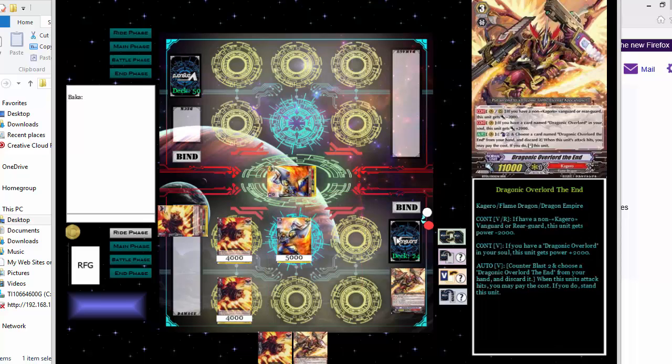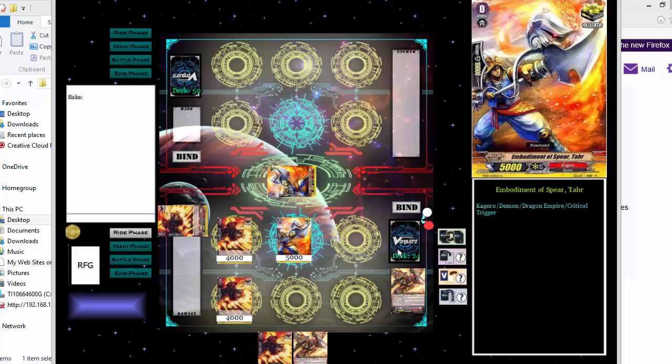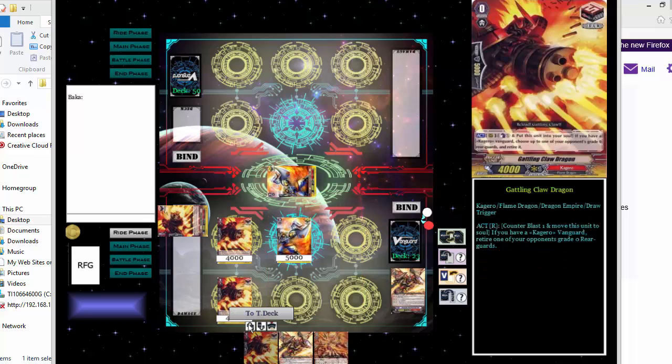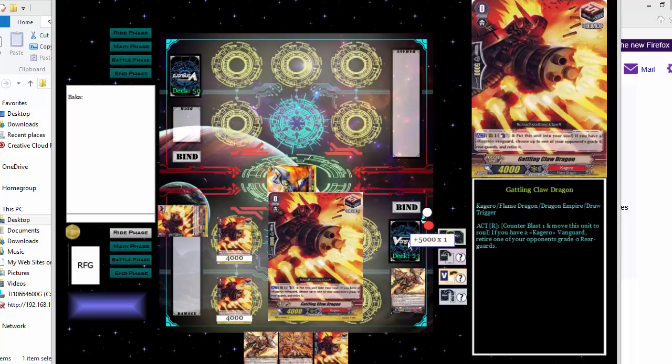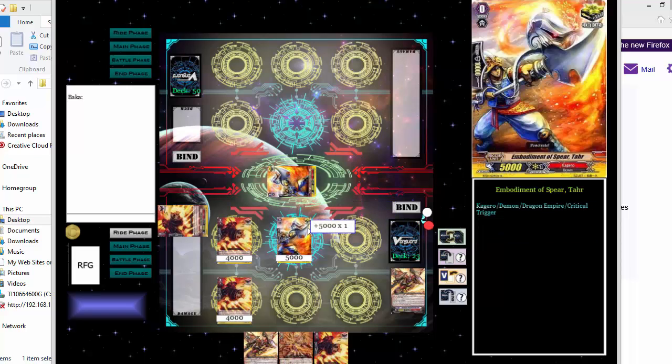Alright, in order to perform a drive or damage check, all you need to do is right click on the deck. And depending on what turn it is, it will either move to your hand or move to your damage zone. Now for a trigger to activate, I'm just going to put this card back on top. For a trigger to activate, it's very simple. All you do is, once you check a trigger, you're going to see a box appear next to your mouse. It's going to say plus 5000 x1. Once this is on your screen, you can click any card of your choice on your side of the field that's on your rear guard or vanguard circle, and you just left click on it, and it gives plus 5000